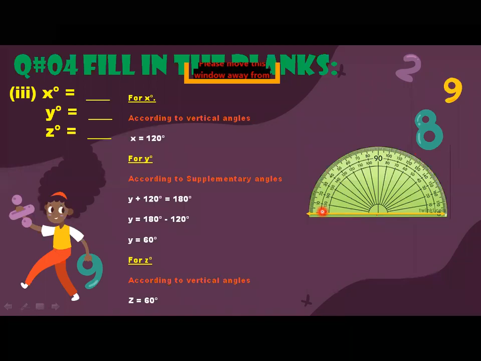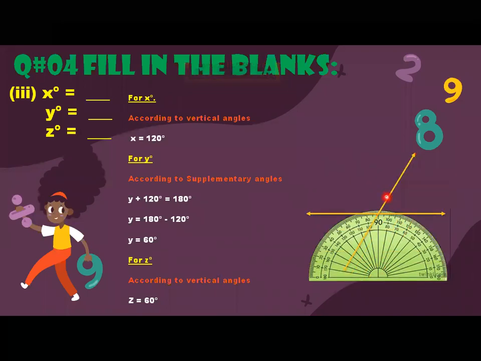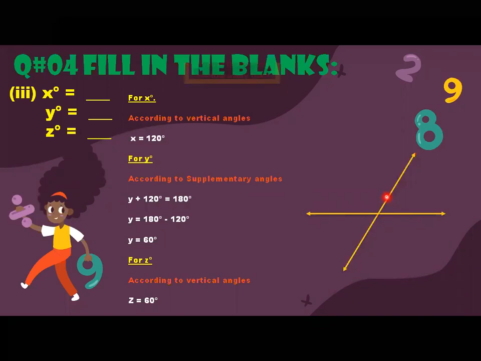Now, you will make a point here and then draw a line here. Now, why am I going to extend this line here? You will place your scale here and draw a straight line on the above as well as on the lower side. And automatically, as you can see here, your vertical angles have now been made.